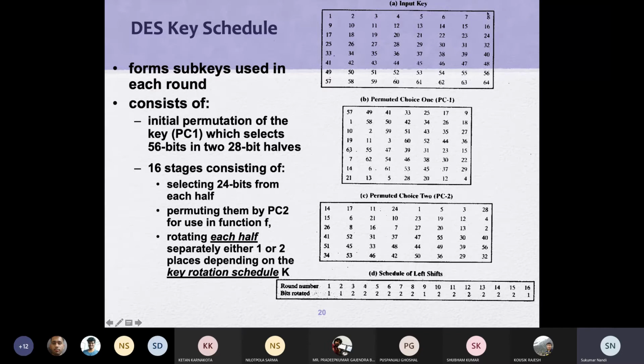These are not supplied key; these are parity created from the 56-bit key. Actual key is 1, 2, 3, 4, 5, 6, 7, 9, 10, 11, 12, 13, 14, 15, and so on.